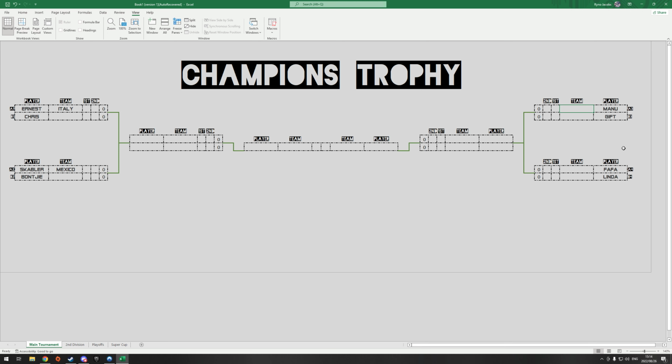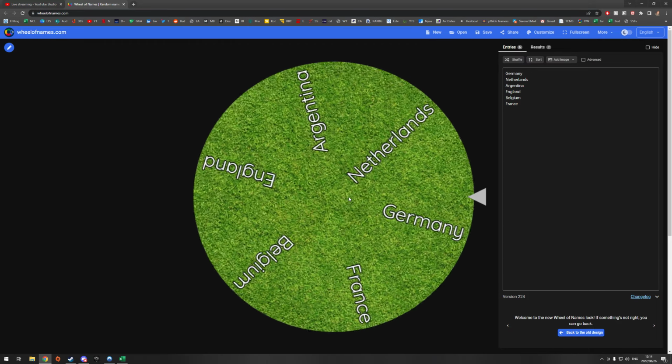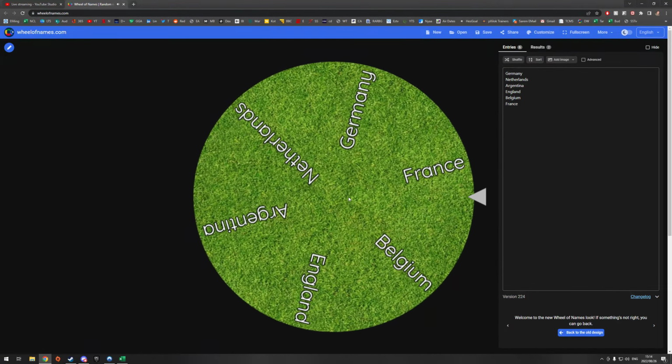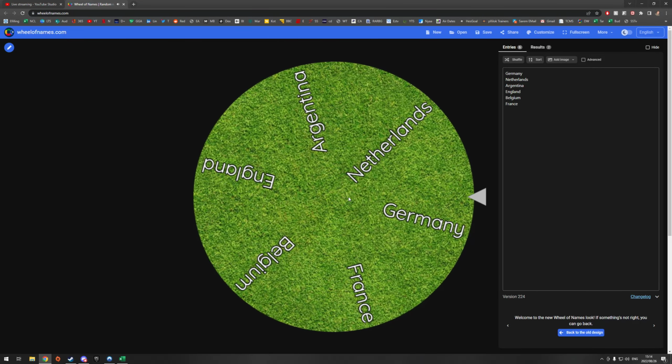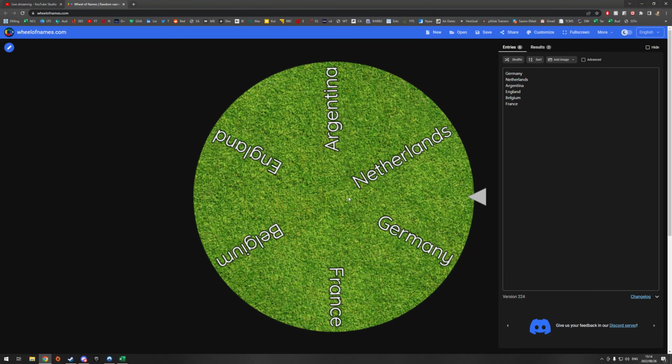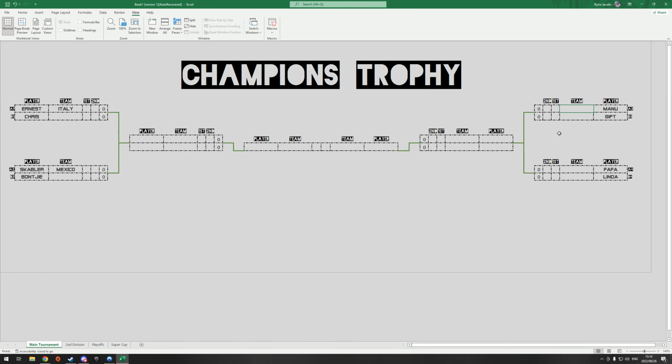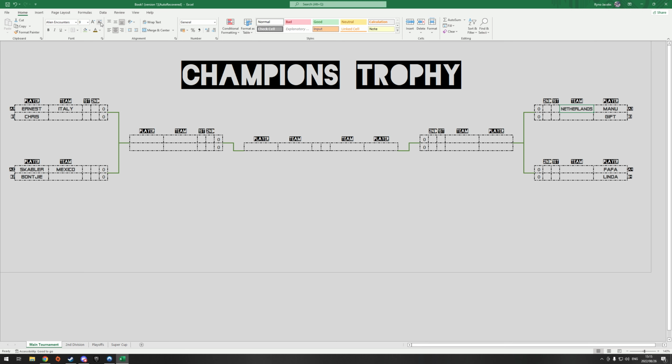Third team drawn will be for Manu. Manu gets Netherlands. Actually very nice teams, and he's been playing with Virgil van Dijk the whole week, so he knows how to use VVD.